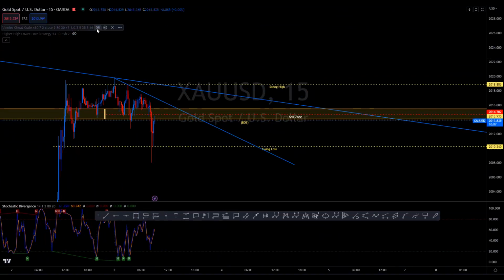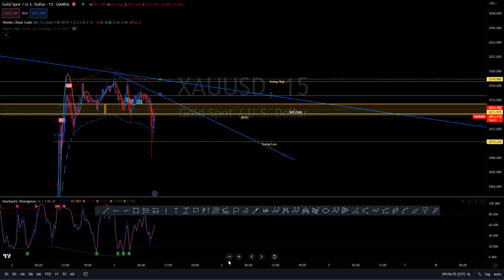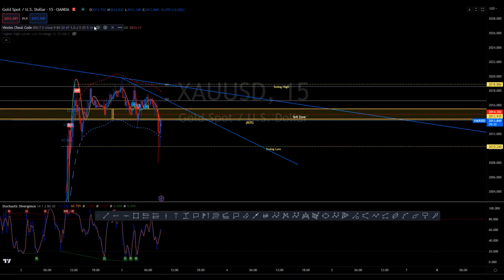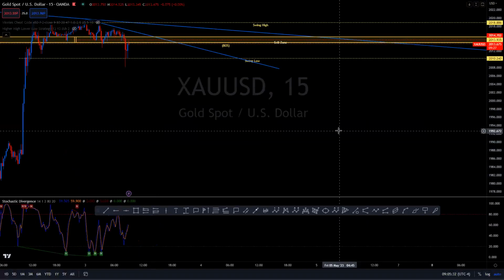So we're going to turn on the cheat code indicator. Price might do an extreme move in the market to where it might possibly buy up in this area and then come down. Now, if we're talking about an extreme in the market, I wouldn't be surprised if price starts to buy up and wipe out this high. That might be the case. But because of the last broken structure here, I'm really looking for the counter-trend sell at this point. So that's what I'm looking for. So we'll see what price decides to do.